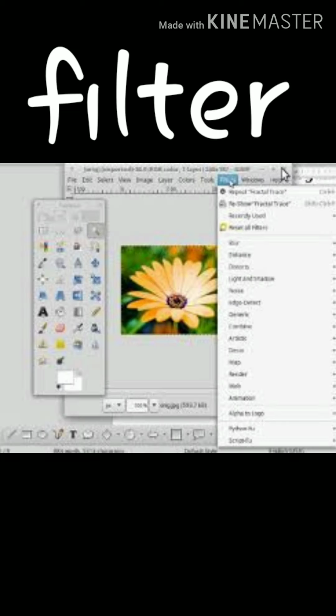Now in this chapter, the last point: applying a filter. What does the filter option mean? A filter means a special effect we want to apply to the image. At that time we choose the filter. We already learned this in Photoshop also. When we want to apply a filter, there is also a filter menu here. Select the filter and different options will appear. As you wish, you choose a filter, and then you can filter the image. In that way, in this chapter we learned about GIMP.